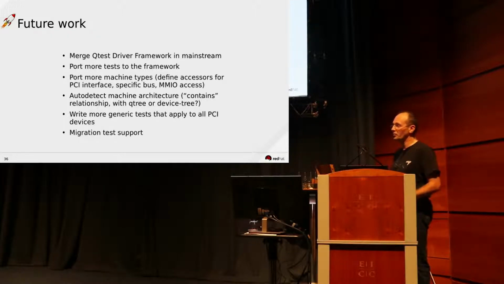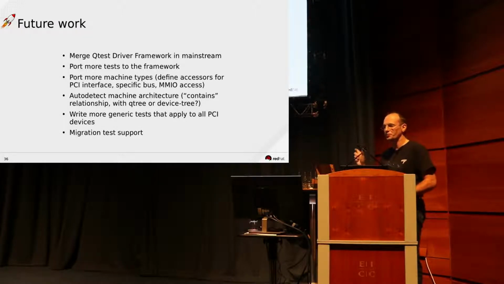And if we want to run all the PCI cards on all the PCI-enabled machines, we have to write the driver. But once it's done, it's for all the tests. I think it's work we have to do. And we can simplify the description of the machine because, as you have seen, we describe the machine with the contents, and it can be auto-detected with Q3 or device tree. And of course, we have to write more tests to use this framework as it will be easier to write.